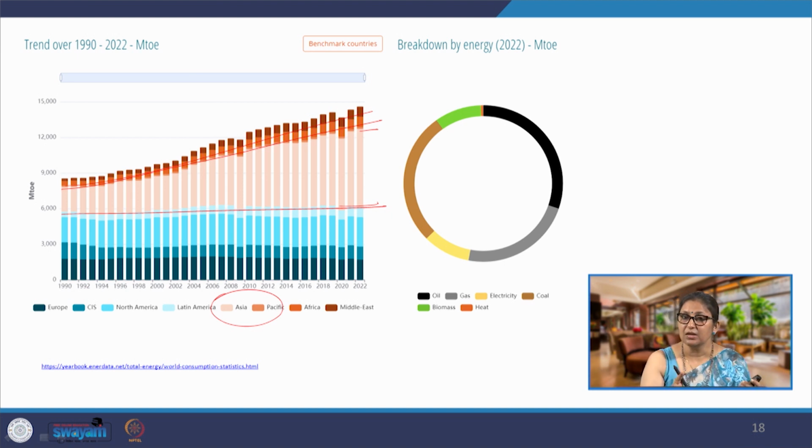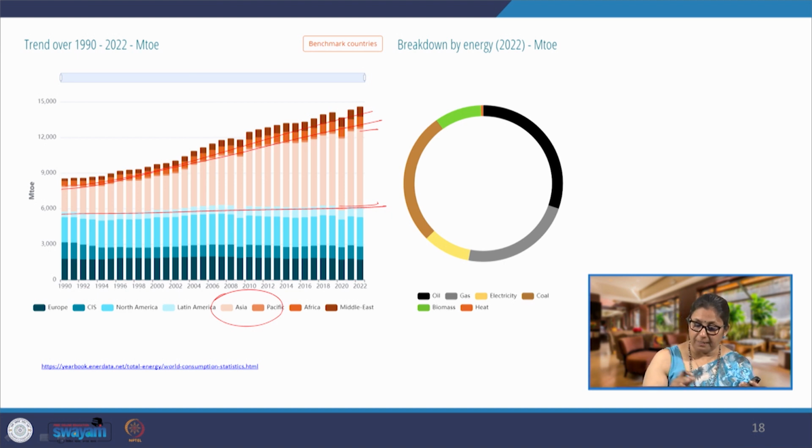That is because industrialization came later into the Asia Pacific and it is now happening. More and more industries are being set up, and a lot of developmental activities are happening in Asia Pacific right now, which is why we require a lot of energy, and which is also resulting in a lot of emissions. It is still growing, the graph is